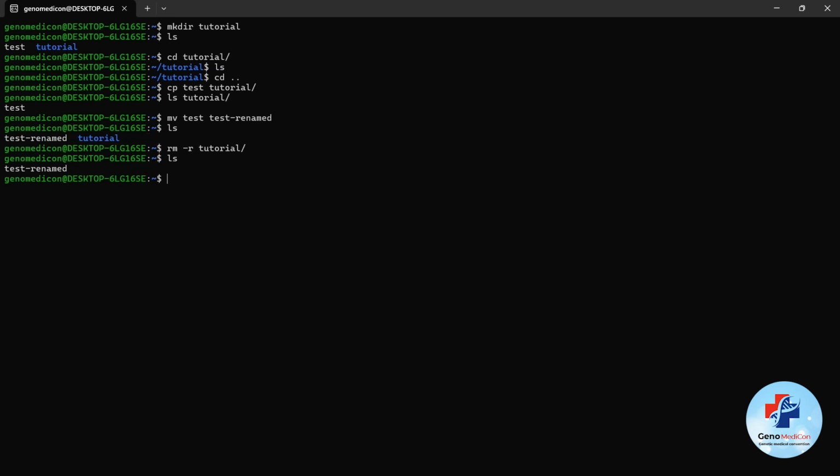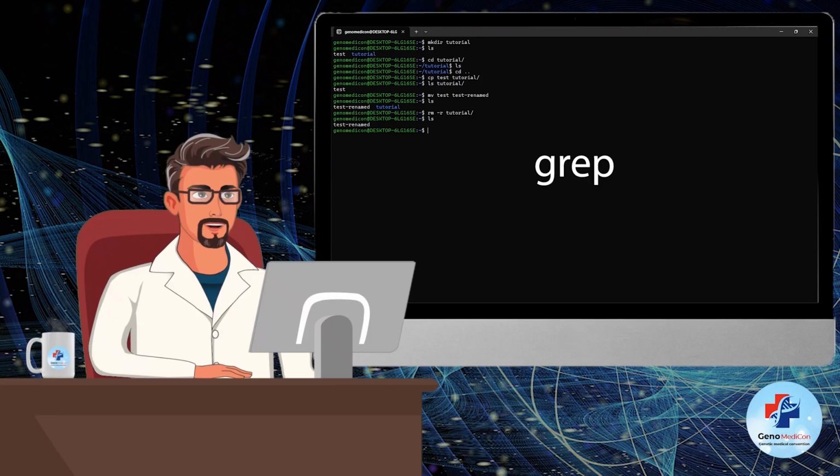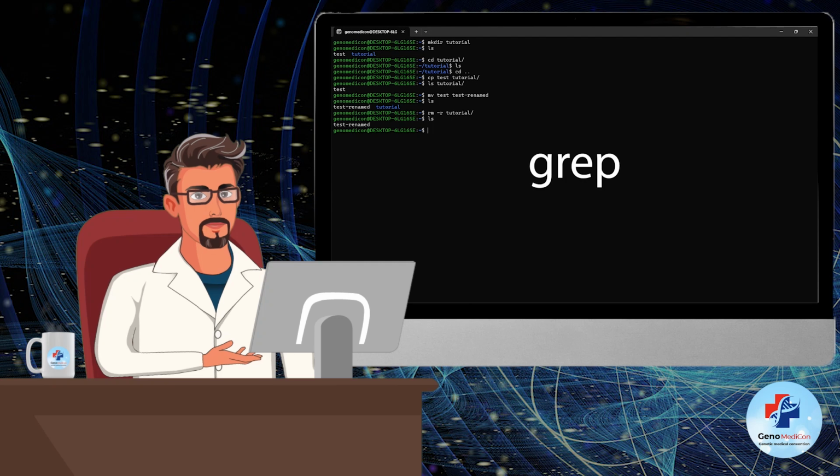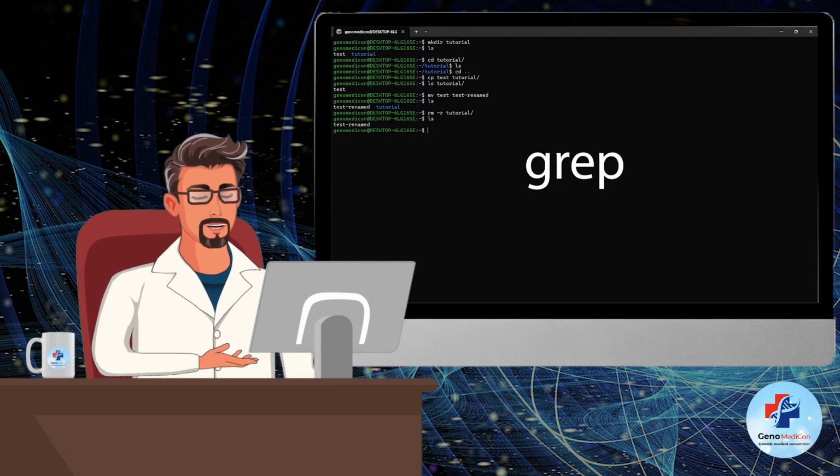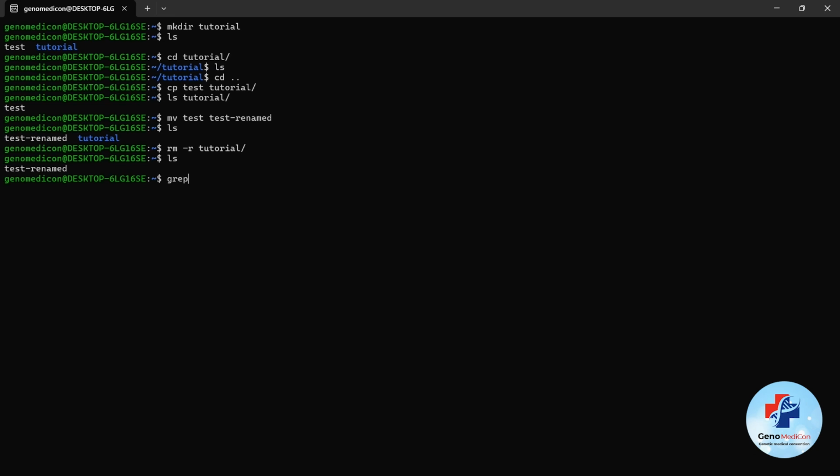One of the most useful tools that you can find in Linux is called grep. This tool looks for patterns within a file and can find the search term that you are looking for, and it brings you the line where it found the search term. For example, if I do grep Linux in the text file that we made earlier, it will give me the line where it found the term.